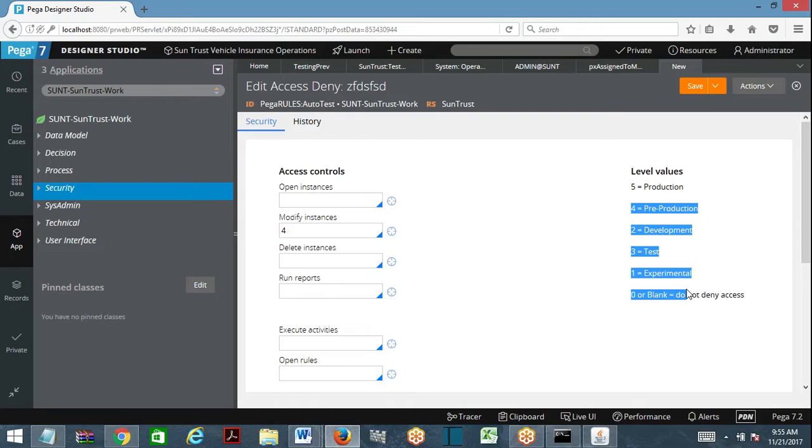Then will it be executed in 5 or lower environments also? But my requirement is not that. My requirement is only 5, but not the remaining. There is no when condition at all. This is one test condition you have to meet. Now what is the solution? Access deny. There you are going to give the number 4. It means access will be denied for 4 and below environments, but higher environments are accessible.